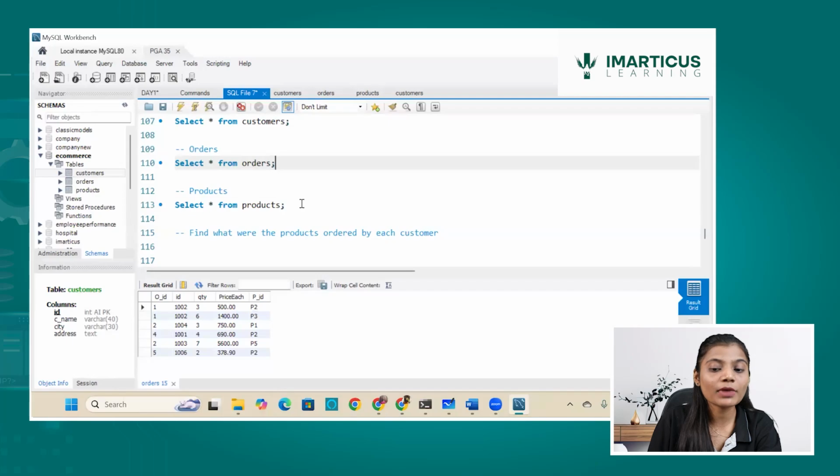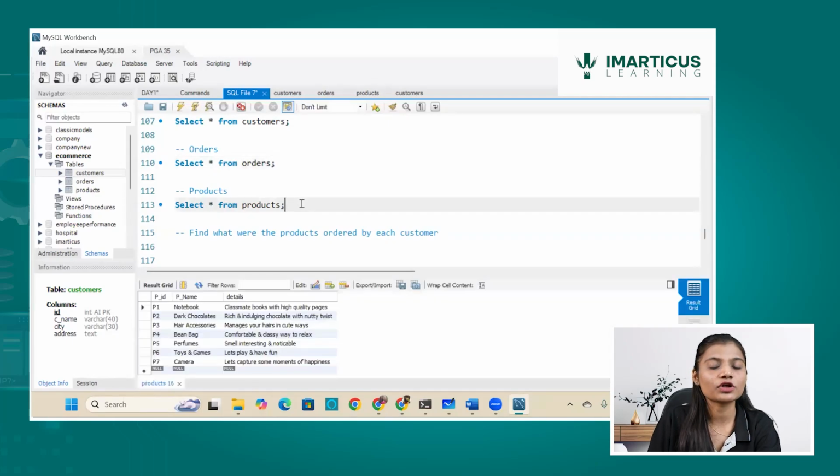So I need to combine data from the products table itself. So far, in the examples which we were seeing, we were combining data from one or two tables, not more than two. So if I want to combine data from more than two tables, is it possible? The answer is yes. When I was explaining what joins are, joins are used to combine data. Many people say that joins are used to combine data from two tables. No. Joins are used to combine data from multiple tables, and we will see how multiple tables are used to combine the data and how we will get the query for all of them.